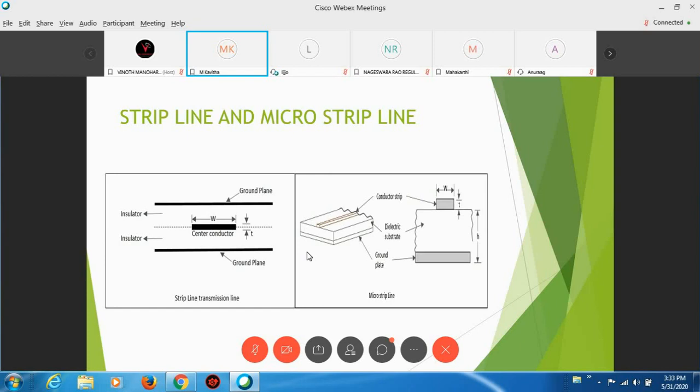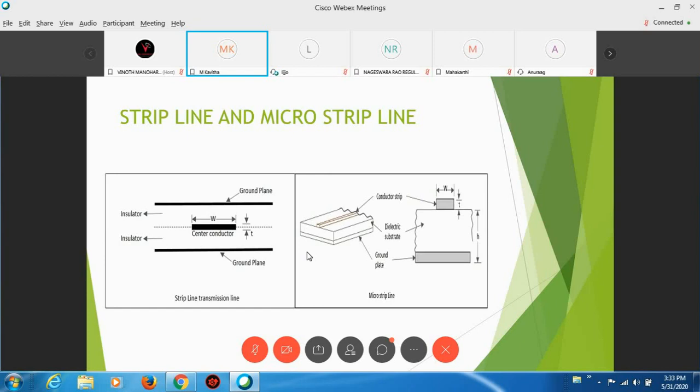First, coaxial cable. Coaxial cable is a type of transmission line used at microwave frequencies, and it consists of two conductors, one inner conductor and another outer conductor. The two conductors have a common axis, that's why it is called coaxial cable. The inner conductor is surrounded by the outer conductor, so that it provides shielding.